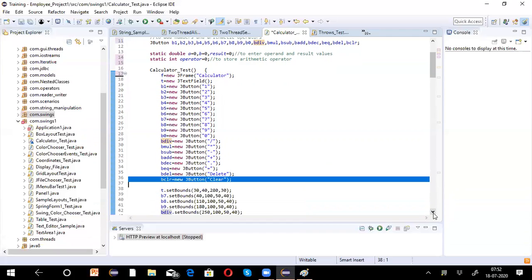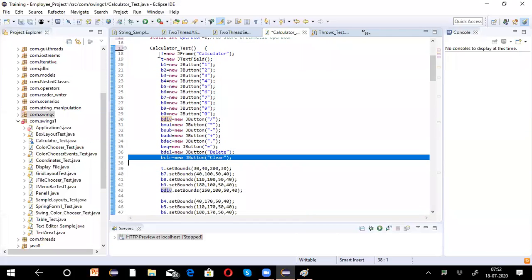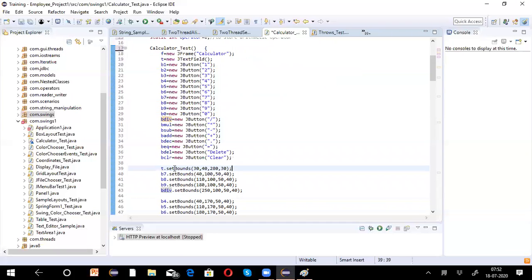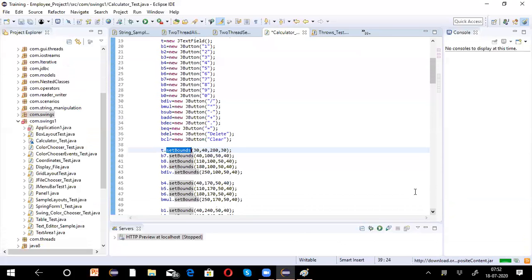Okay. Now, after taking all these components, we are using the set bounds method in order to lay out the components manually.